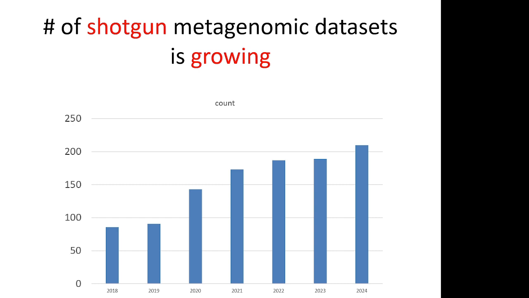So the number of shotgun metagenomic data sets is growing. And this is a very simple graph that I put together simply by typing some keywords into a PubMed search. Usually these kinds of graphs show exponential growth, but that's not what I got when I did this. And it's most likely an undercount because it relies on what has been published. It's known that there's a lot of metagenomic data sets that are not publicly available. But in any case,